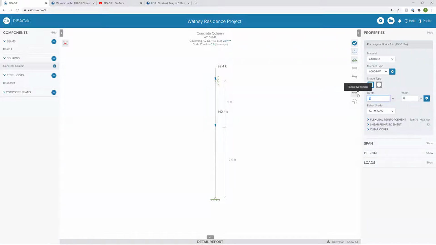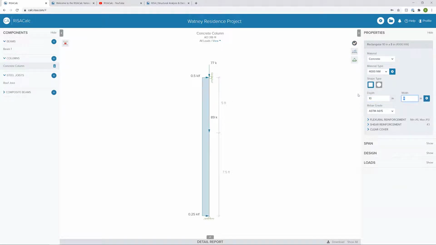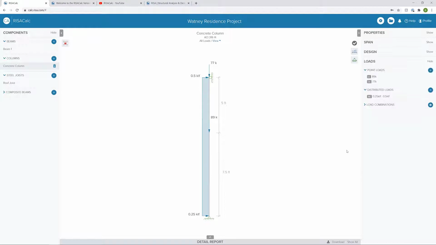So I'm going to go ahead and make this, I want to keep a square column because that's just the way that I know that the project wants to run. So I'm going to make this a 10 by 10 column. And before I go ahead and run the analysis on this, I'm going to go down and look at loads